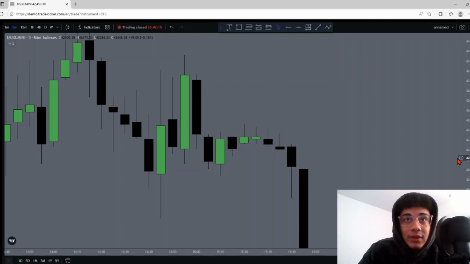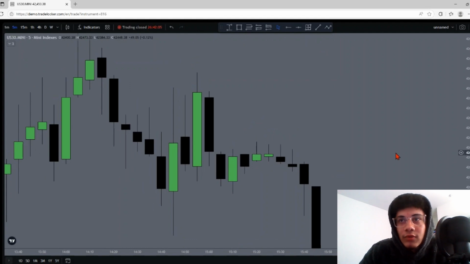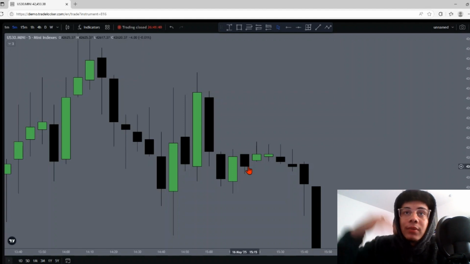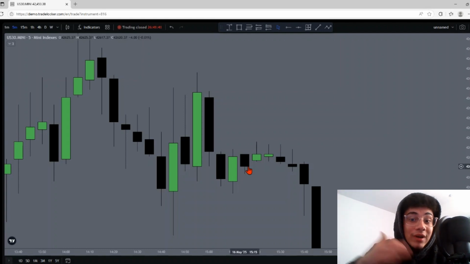Like in this case, we went from being super sideways, super slow, no momentum, because look at the size of these tiny little candles, and then we dumped all the way down. Okay, other cases, price could just continue moving flat. Other cases, we could just pump all the way up. Regardless, this doji candle, which is usually long wicks and a small body in the middle of it, is a representation of a lack of momentum, meaning we need to be cautious because price could either be moving really choppy because we've lost momentum, or we could see price pump in one direction or just drop in the opposite direction, whatever, meaning we need to be cautious and we need to wait for that overall drastic move.